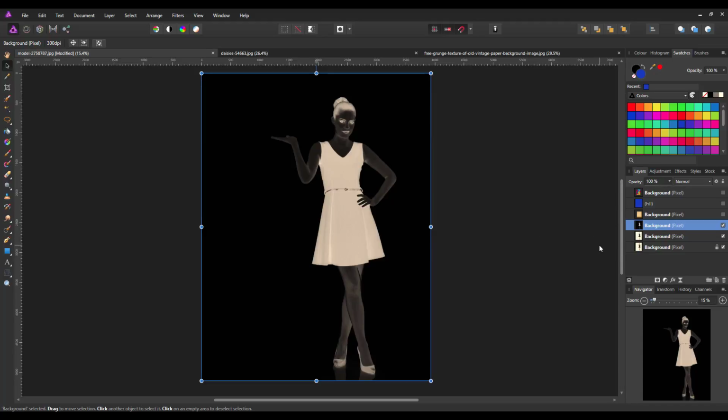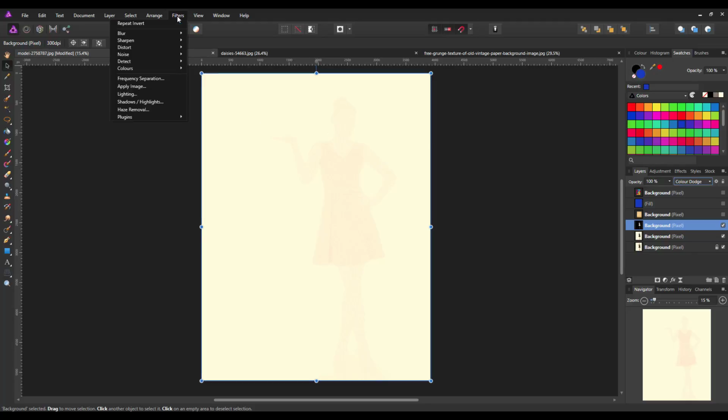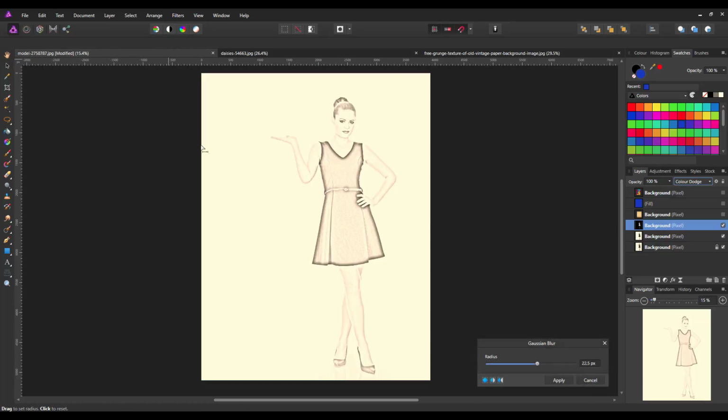And this is where we're going to change the blend mode of this layer from normal to color dodge, and that will just leave us with a white solid layer. And to this I'm going to add a filter and blur, Gaussian blur, and I can see that has brought some of the image back,